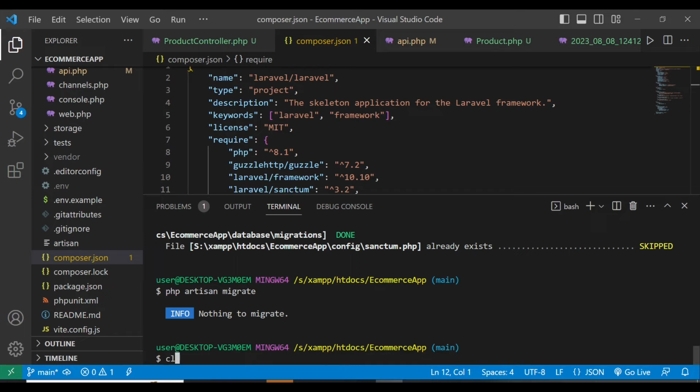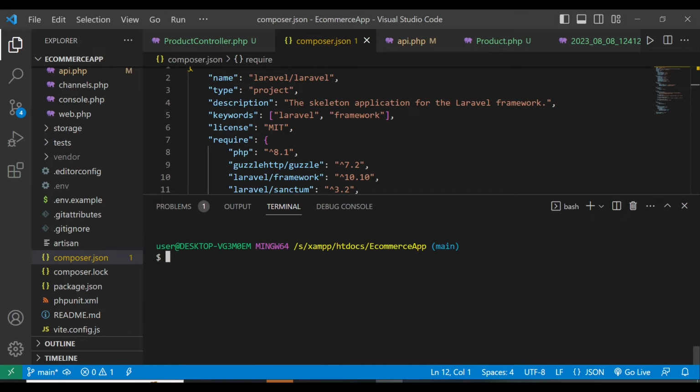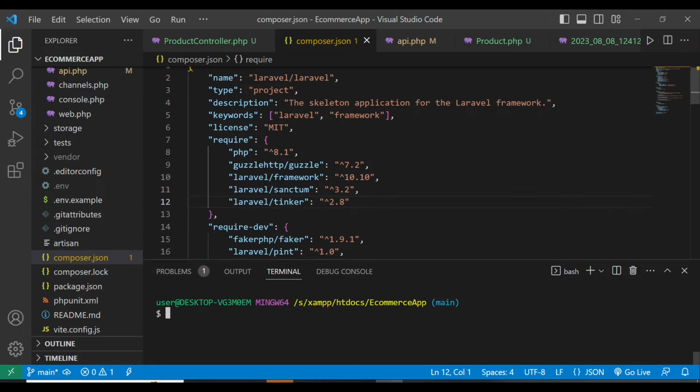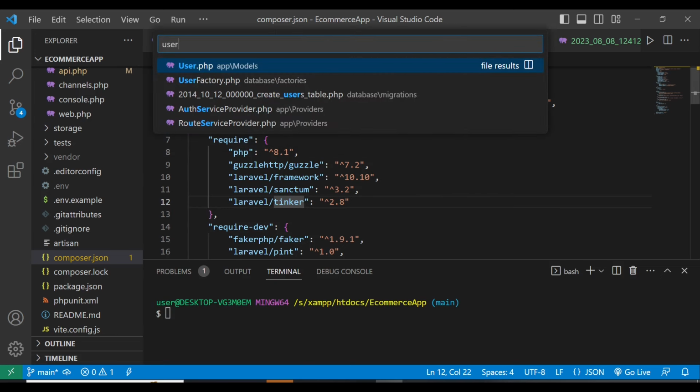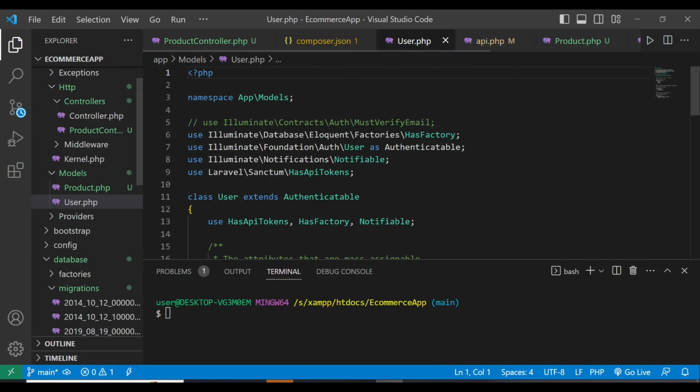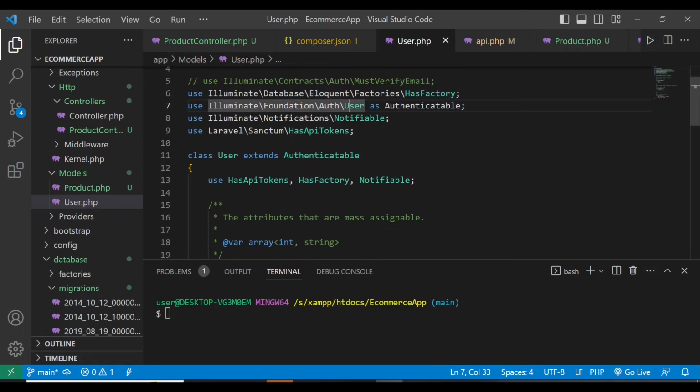So let me just clear this. Next, we need to add Laravel Sanctum's HasApiTokens. Let's go to the user model. So Control P, then I go to the user model here. Now I need to add this statement here, use HasApiTokens. The reason for doing that is that it will enable the model to authenticate requests through API tokens, and of course this provides